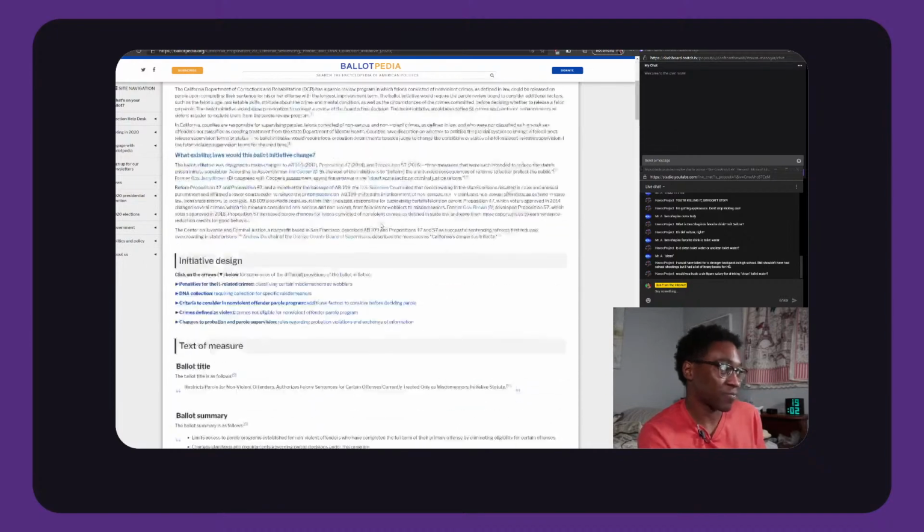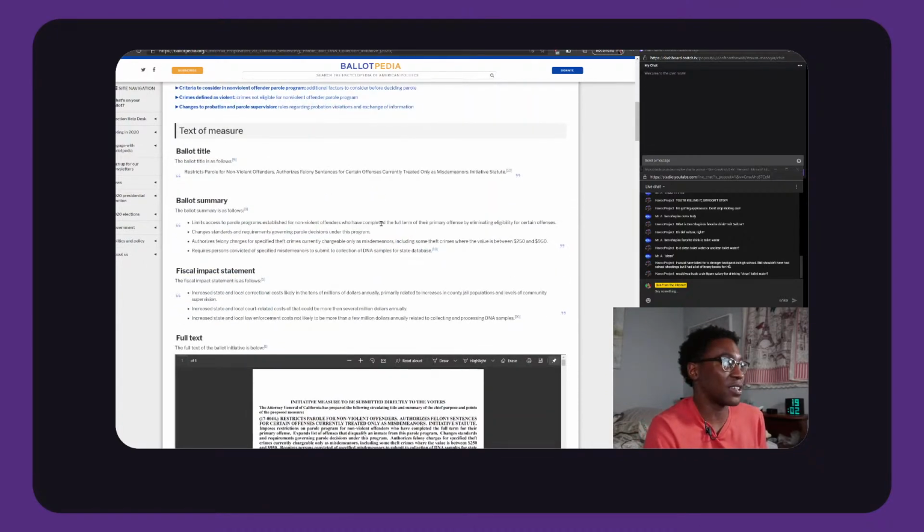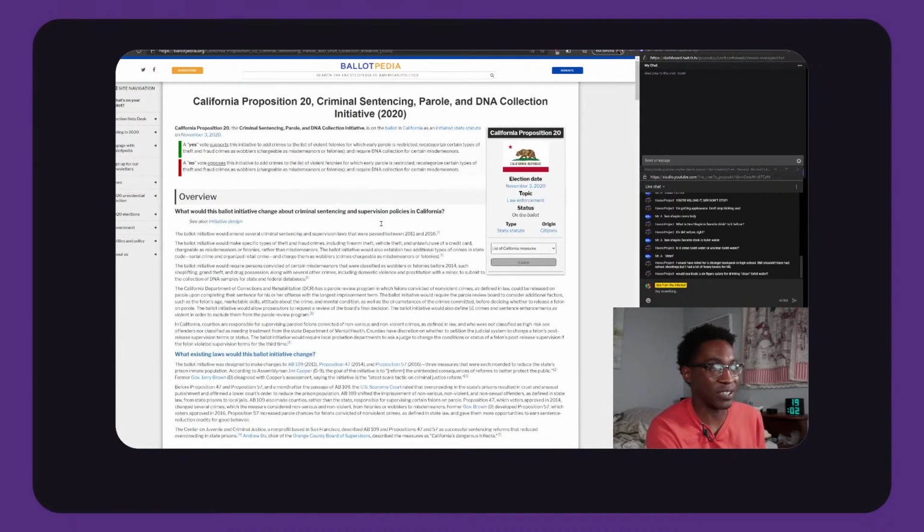But again, I don't think many people would disagree that we do want to prosecute violent crimes and make sure that there aren't these loopholes for violent offenders to get off very easily in society. But you have to step outside and realize that this proposition is not the one way to take care of that. And if there's another one in the future where you ultimately vote no, but you really care about this issue and you just think that the proposition is handled clunkily,